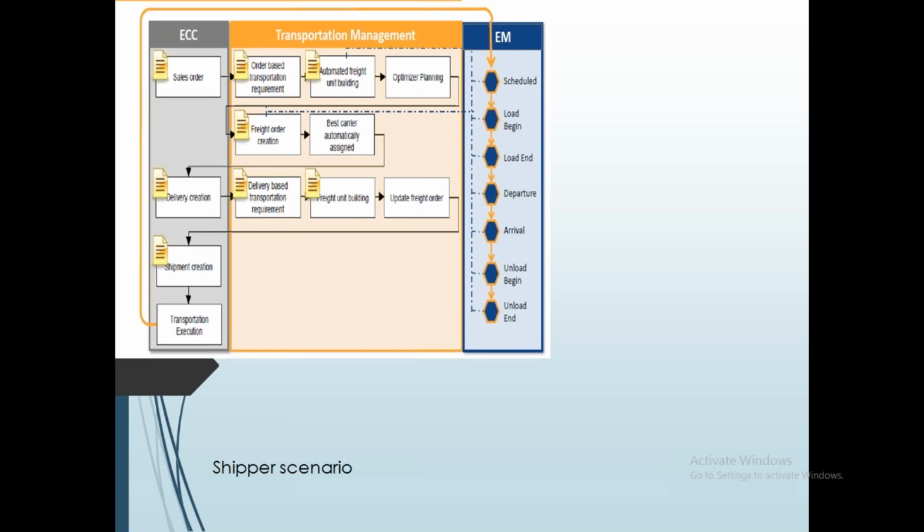What type of architecture SAP TM follows, and what are the differences from what we used to have in standalone. There are a lot of changes SAP has made from standalone to S4 HANA. This is the standalone scenario where we used to create a sales order. From the order, we created a new document called an order-based requirement. Then the freight unit is created. You perform your planning. Once the planning is performed, the shipment document, which is nothing but the freight order, gets created. Then based on the planning in TM, my delivery gets created, and this delivery again creates another document called the requirement document, delivery-based.